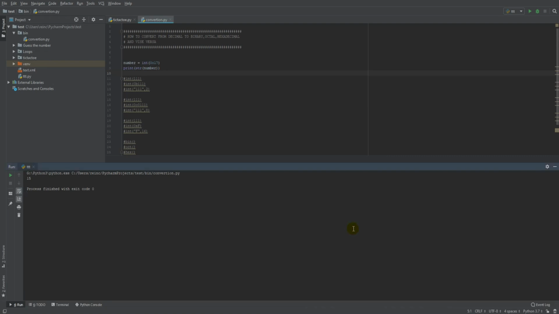Hi everyone. So today I'm going to explain how to convert a decimal number to binary, octal and hexadecimal number,